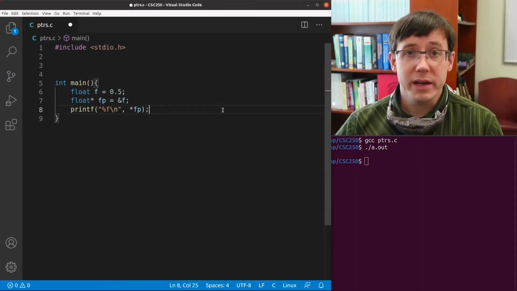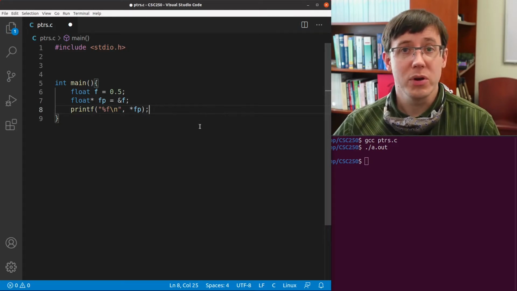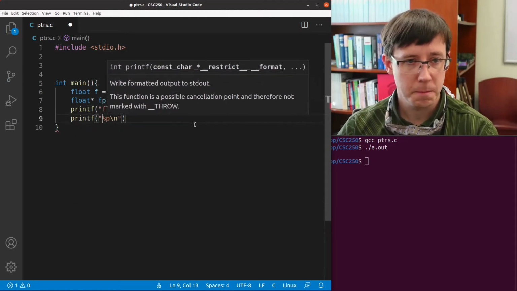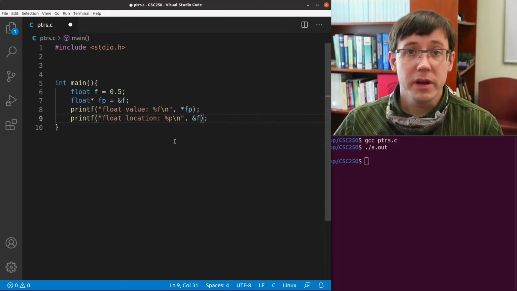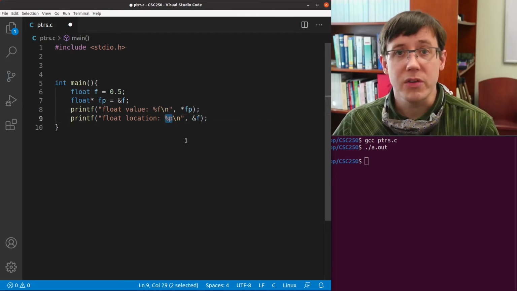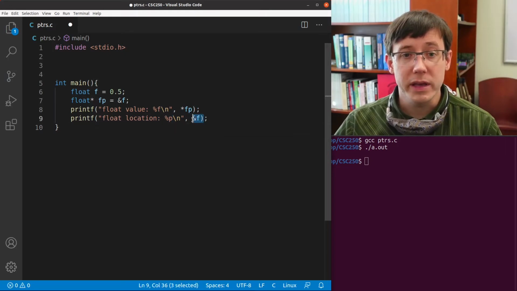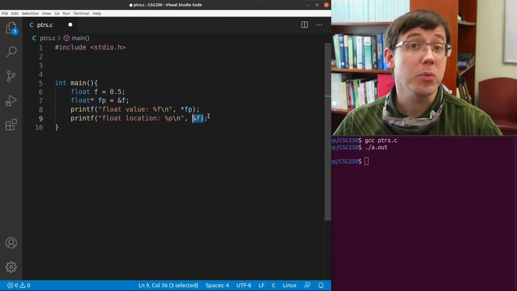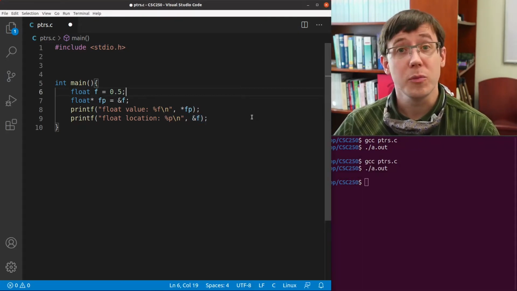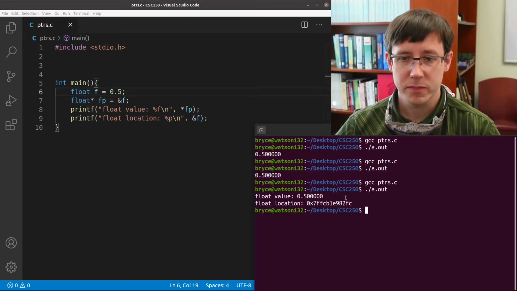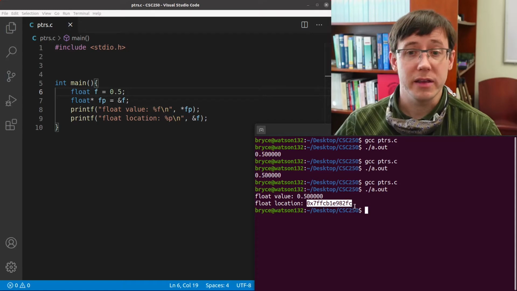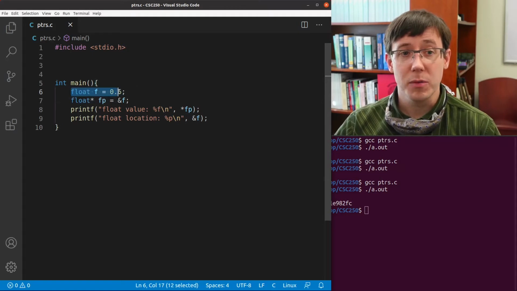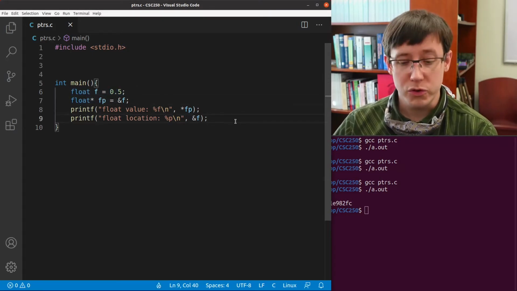We can show more directly what the ampersand operator is doing by printing out the address that it's giving us. In a printf statement, %p for pointer is how we print an address, and we can get the address of our float variable f to give to that printf statement. It helps if I save. And now we get a hexadecimal value, which is the address in the stack frame for main where the variable f is being stored. If we were to duplicate this line